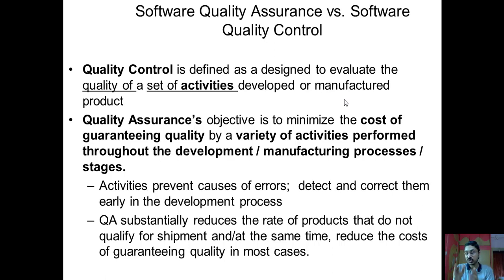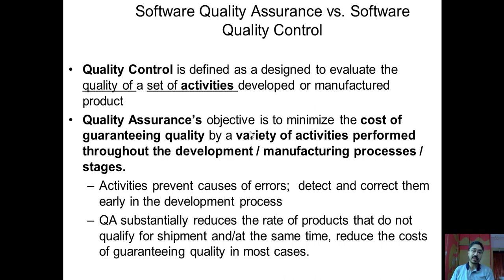We are looking at the student who has gone through that course, and then we are evaluating that particular student. We put forward some questions, and based upon that we evaluate the student. Whether the student qualifies or not, that is what we are looking for. So that is quality control. If you fail the exam, we will not let you go. We will not give you the certificate of your diploma or engineering because you failed in quality control, isn't it? So that is nothing but quality control; we are evaluating the final product.